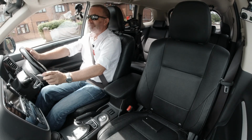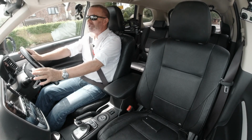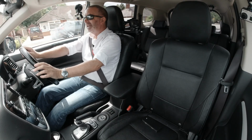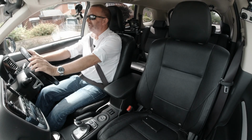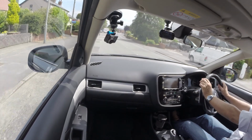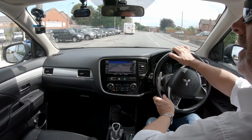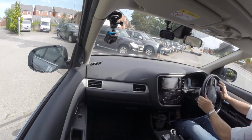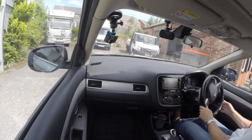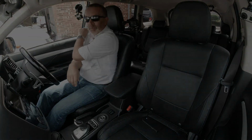But don't let me put you off, because it's probably absolutely ideal for most people, and it's a very, very good car. When we get back to the garage here, I'll just show you how to delete a mobile from the system, set the sat nav, pair your mobile, and also stream music through the system. So here we go. Just try and get this camera back on first, otherwise